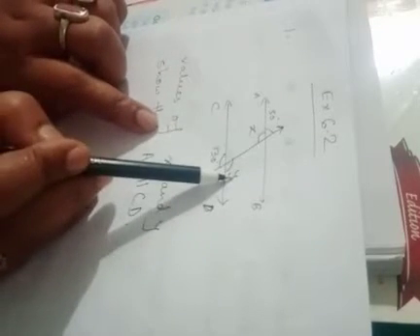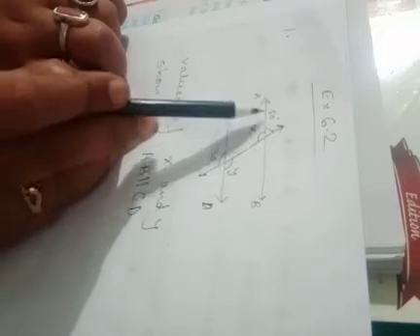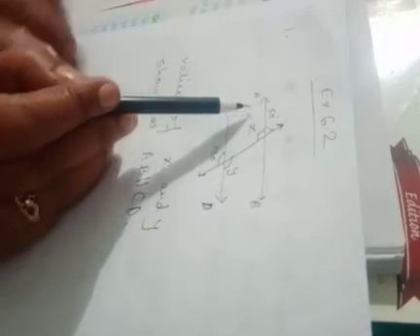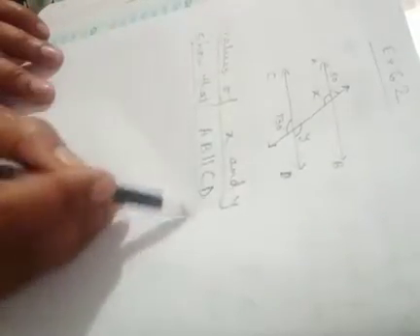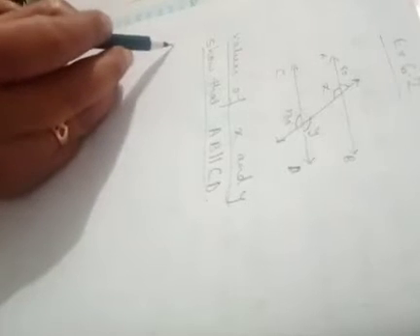So we can say that Y is equal to 130 degrees. And we can say that X plus 50 degrees should be equal to 180 degrees because they are a linear pair of angles. So write down, you have to find the values of X and Y, and you have to show that line AB is parallel to CD. So let's start.